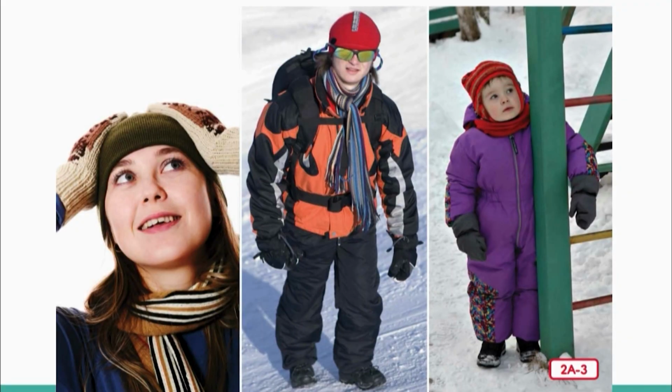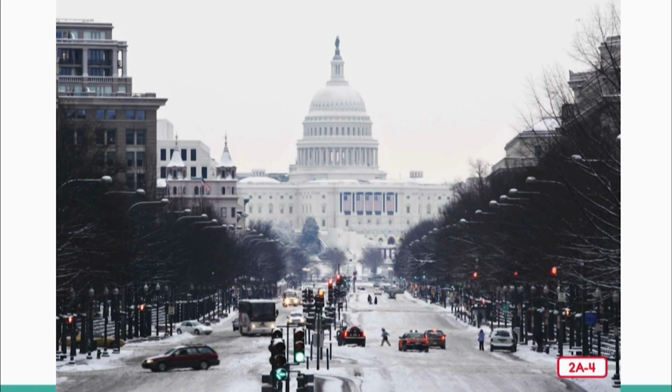It is usually cold during the winter where I live in Washington, D.C. Sometimes it even gets cold enough to snow. I wish it could snow every day, but the temperature must fall below freezing, below 32 degrees Fahrenheit, in order for it to snow. If the air between the clouds and the ground is below the freezing point, then instead of rain,